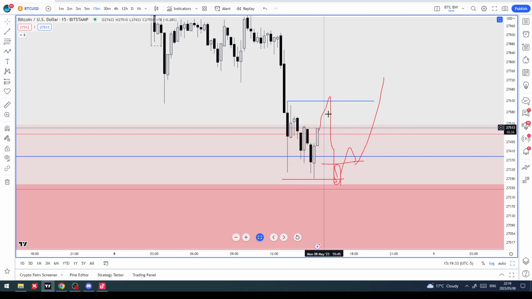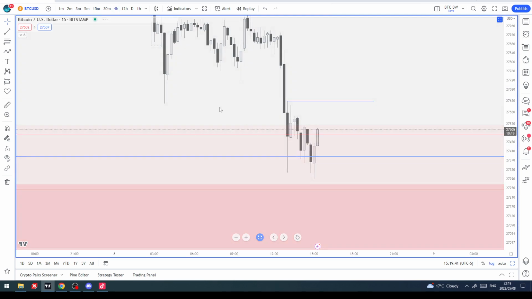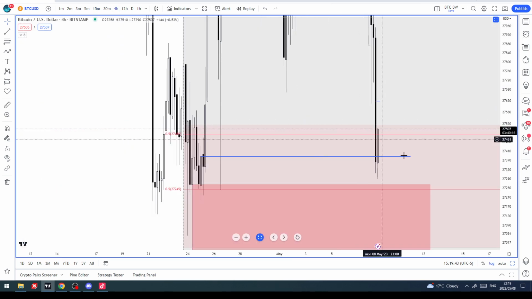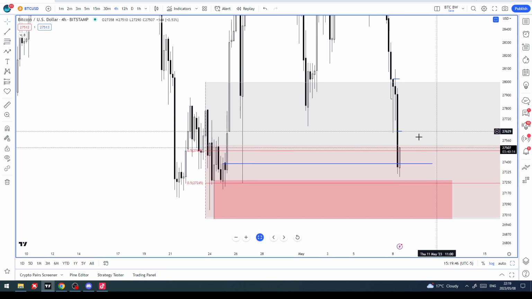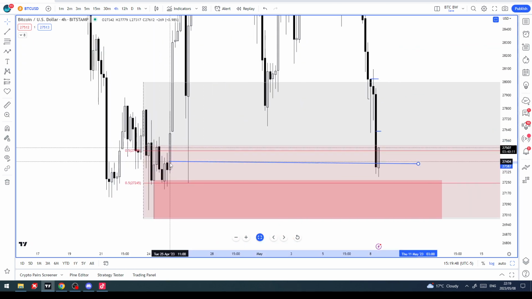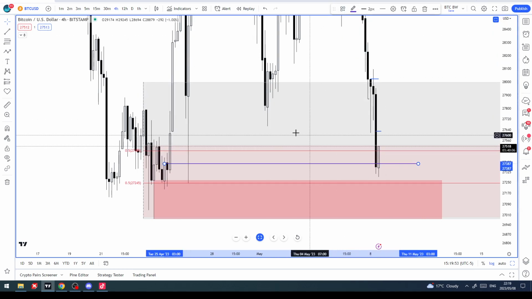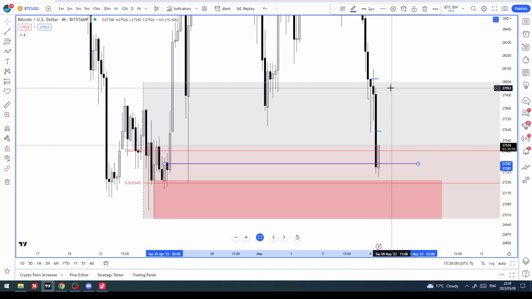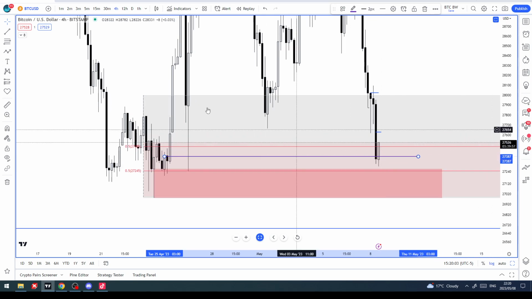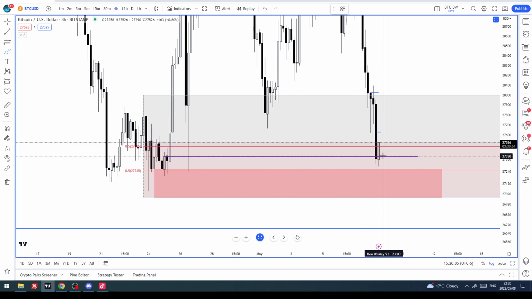So here, I don't like it until we form an order block. Even though on the H4 they've balanced the range here at this blue level. Let's make it purple so we don't get confused. They've balanced the range here by printing a down candle here. So unless they take the high of this down candle here, I'm not interested until they form an order block that is a down candle here. Right?